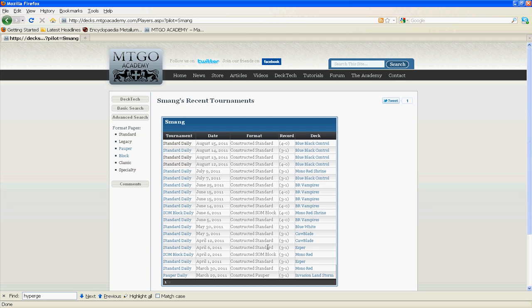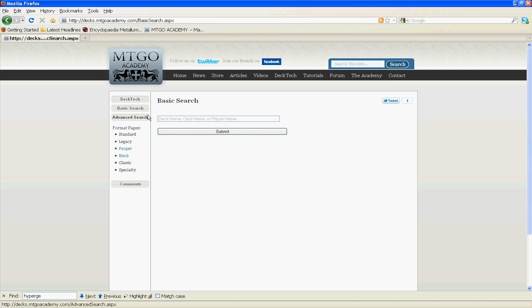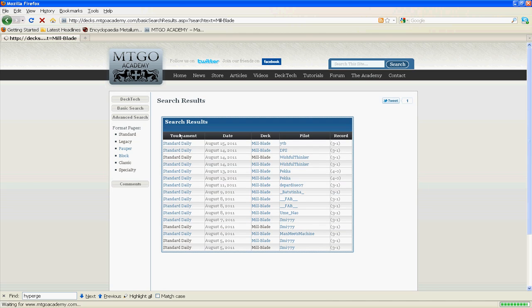Now, while this feature is basically just a fancier version of what you can see on the What's Happening page and slightly more organized, the real power of the deck tool comes in the search functionality. The basic search allows you to search by deck name, card name, or player name. So for example, if you want to see how a certain archetype is doing, you can type in the deck name, press enter, and it'll show you all of the copies of that deck that have prized in Magic Online